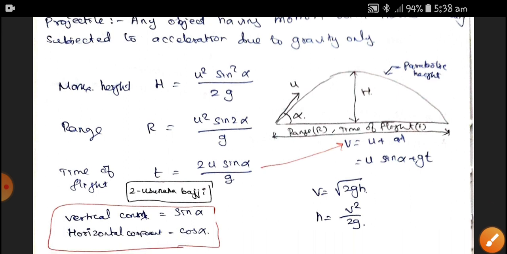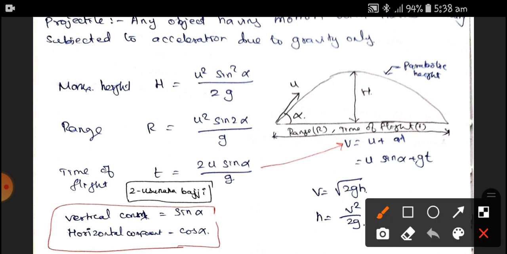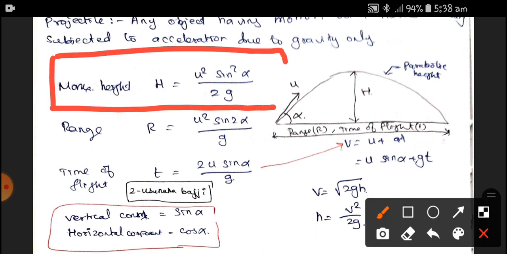Therefore the maximum height becomes h is equal to u square sine square alpha divided by 2g,